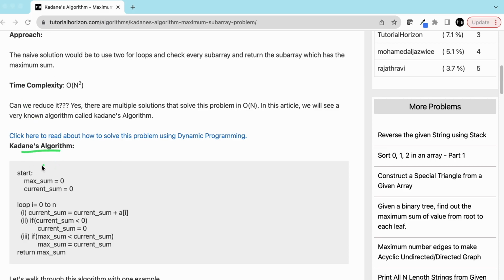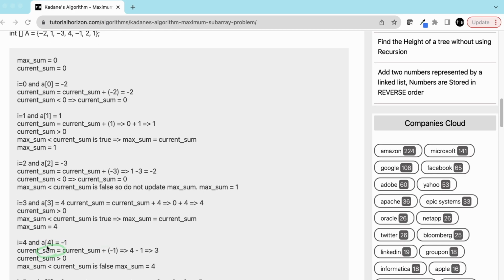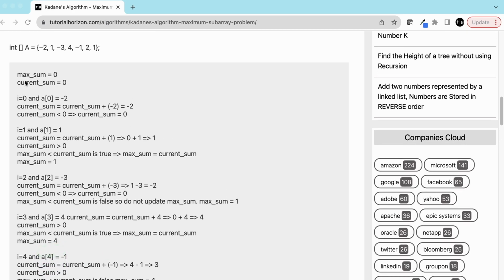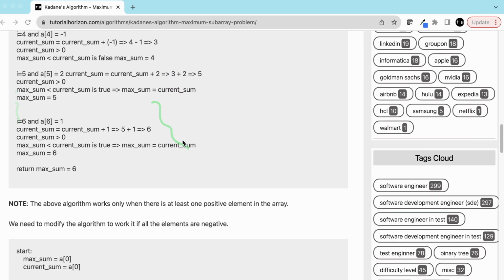Yeah, Kadane's algorithm. So max sum is 0 and the current sum is 0, and we are doing the iteration, and keep adding element to the current sum, and if current sum becomes less than 0, we'll make it 0. Also check if the max sum is less than the current sum, update the max sum to equal to the current sum, and at the end return the max sum. Okay, so this is the walkthrough of the same example which we have just seen. So you can look at it later,